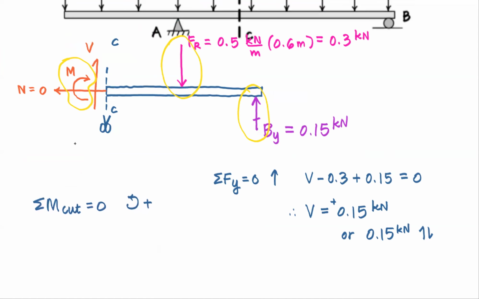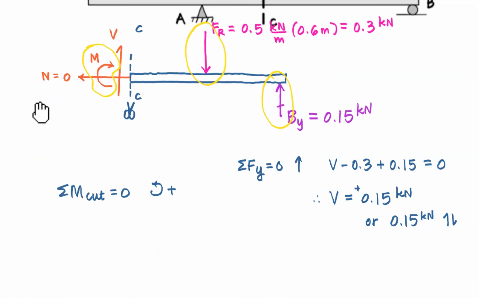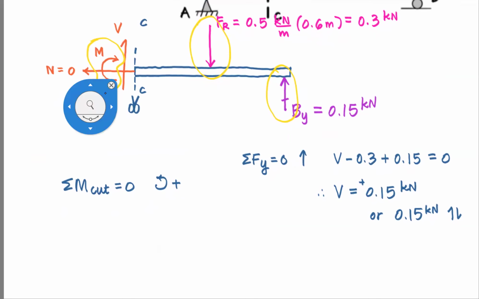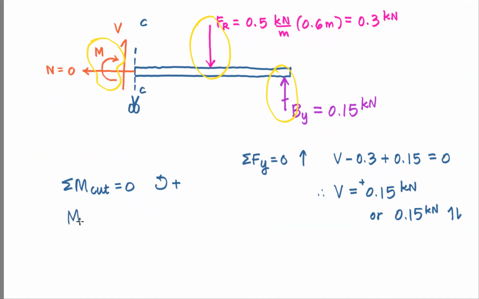Again, make a little real estate for myself here. Okay, so first term is what I'm searching for, the internal moment. That one gets a negative sign per our sign convention for equations of equilibrium. Next term is my resultant force, 0.3. Distance from the cut,